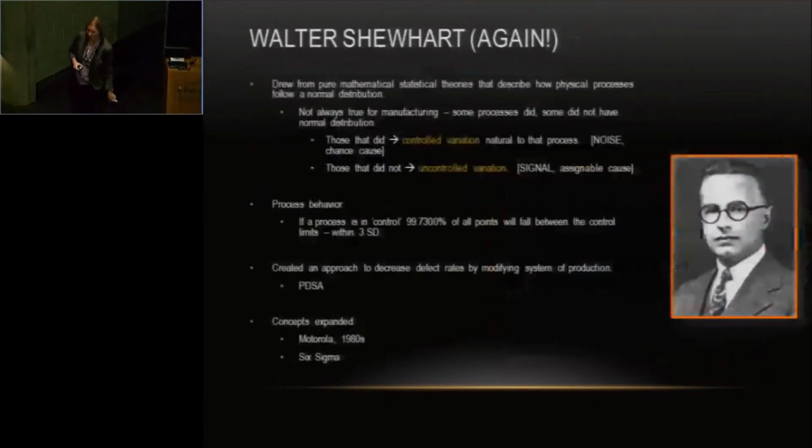So Walter Shewhart again. The rest of his story is that he also had this theory about processes. And remember, he's a statistician. He understood that when you look at manufacturing, if I'm making shoes and I make 100 shoes a week, there's a pretty good chance that some of those shoes are going to be defective. Okay? And so if I have one week where I have 5 defective shoes, the next week I have 20 defective shoes, the third week I have 7 defective shoes,